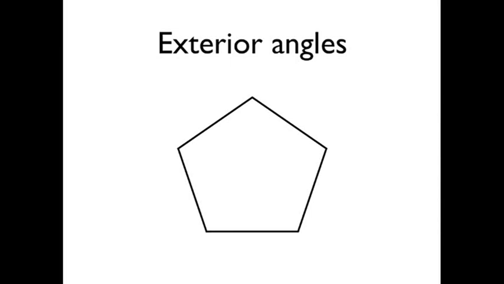Let's start off by understanding what exterior angles actually are. You get exterior angles by extending each side at each vertex of the polygon. So, at each corner, you have to extend one of the sides to make it longer. Here in blue, I have extended one of the sides to the top vertex of the polygon.